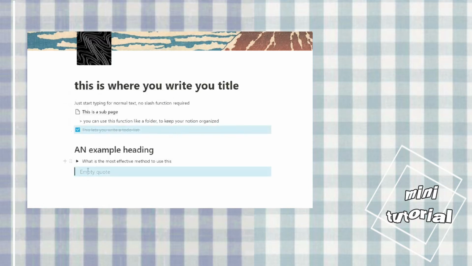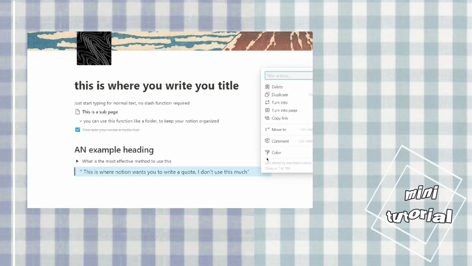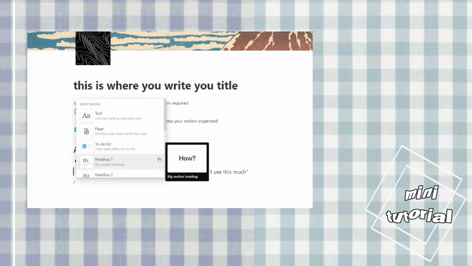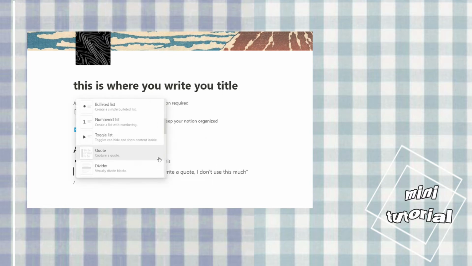So this is what Notion wants you to use to write quotes. I personally don't really use it, just for aesthetic purposes, and I don't really like it. Basically it has this black line and you can just write the quote in it. You can also change the color of the text and the background color. You can do this for all the blocks, but I personally like to change the background color if I am using the quote function. Now, here's the thing